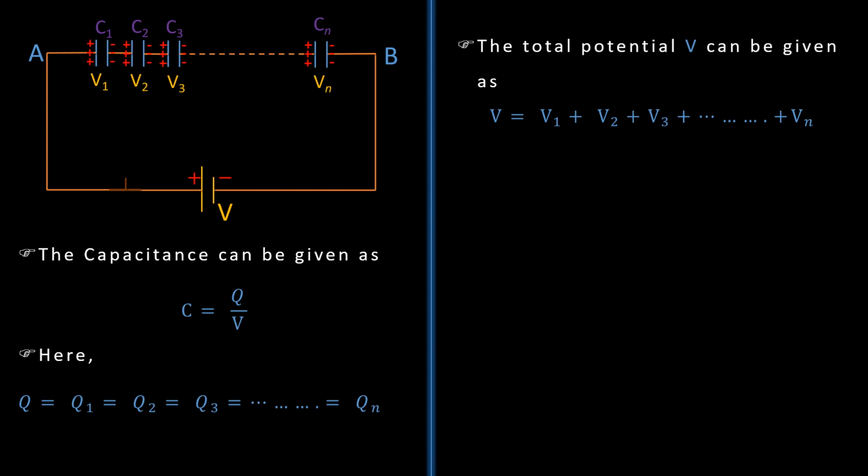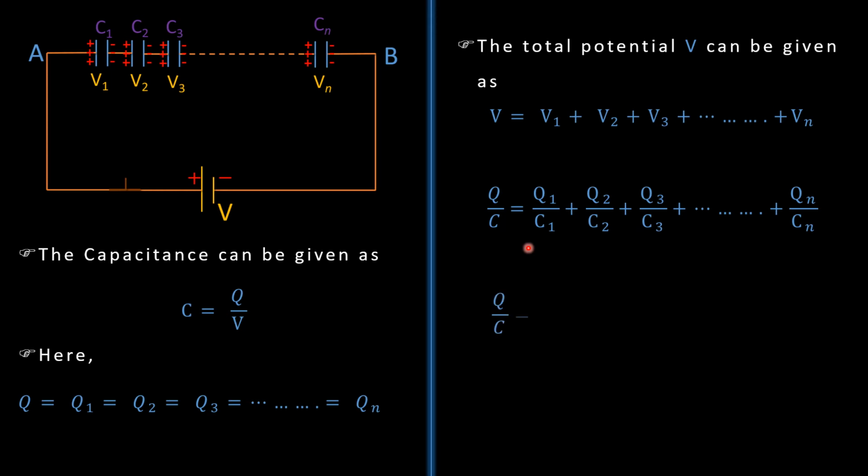And now let us use this formula C is equal to Q by V in this equation. So if C is equal to Q by V, V is equal to Q by C. So the left side will be replaced with Q by C, and on the right side we will have Q1 by C1 plus Q2 by C2 plus Q3 by C3 and so on. But actually we don't need to write Q1, Q2, Q3 because we know that charges are the same. Moreover, what is C on the left side? This C is the equivalent capacitance of all the C1, C2, C3 combination of all these capacitors.